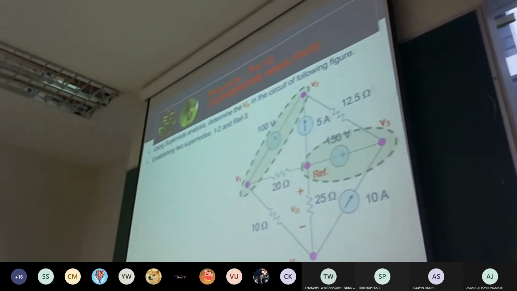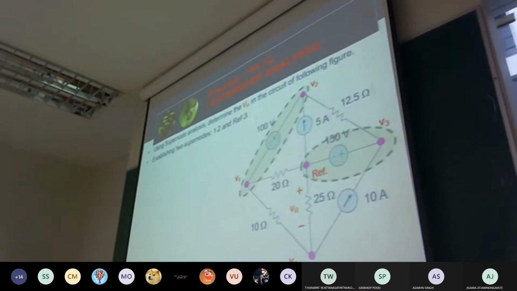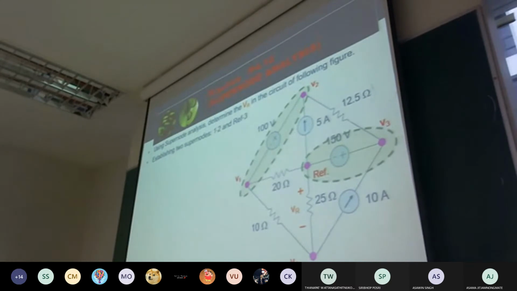After that, you try to find the relationship inside the first supernode. The first supernode is here, right? You can write V2 minus V1 equal to the source voltage. Inside here, V1 minus 0 equal to the source voltage. So 2 equations from KCL and 2 equations from the relationships inside the supernodes. When you apply the supernode, you get the result. Okay? That is the concept of this. Track them step by step.